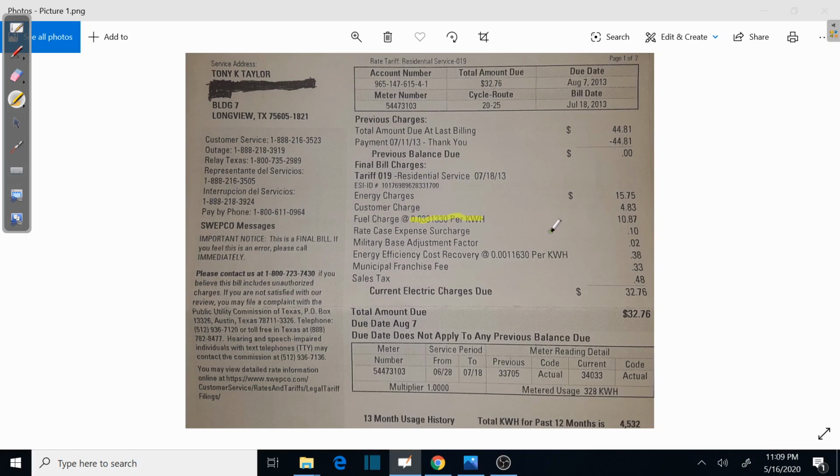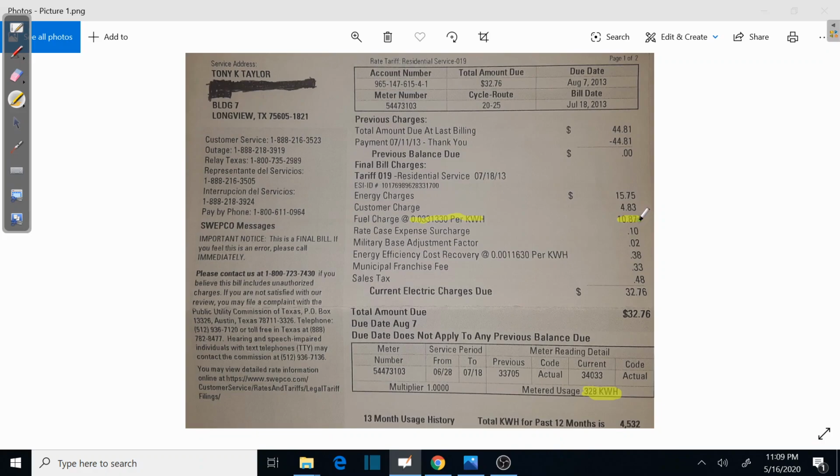And also another important number on your bill is this number right here. So this number right here, 328, that represents the total amount of electricity that I use for the month of July, 328 kilowatt hours. So this number multiplied by this number, how much it costs me per kilowatt hour, gives me this number right here, 1087. So in other words, it costs me a total of $10.87 for the electricity that I use in the